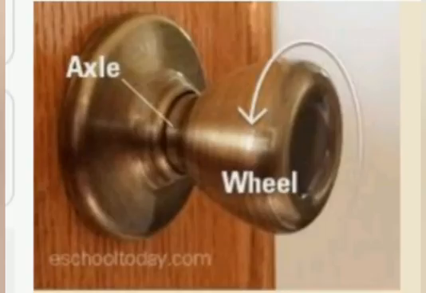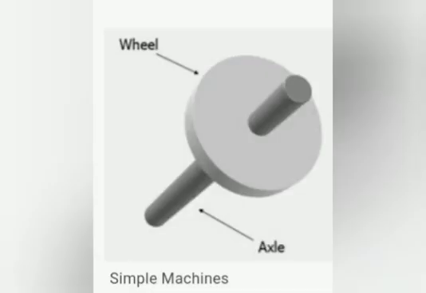Now the next simple machine, wheel and axle. Each time you turn the knob of your water tap or the door knob of your house, you are using a simple machine, that is a wheel and axle. As the name suggests, a wheel and axle consists of two parts, a wheel and an axle. So we can say a wheel and axle arrangement consists of a wheel attached to a rod called the axle, such that when the wheel is made to rotate, the axle also rotates. For example,